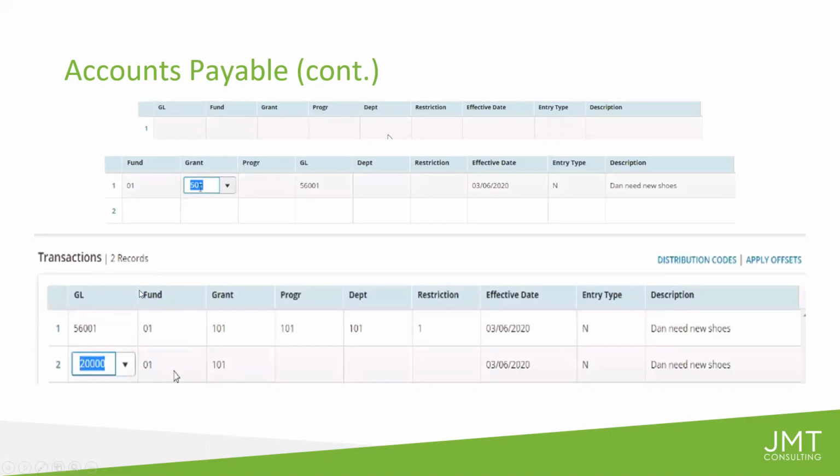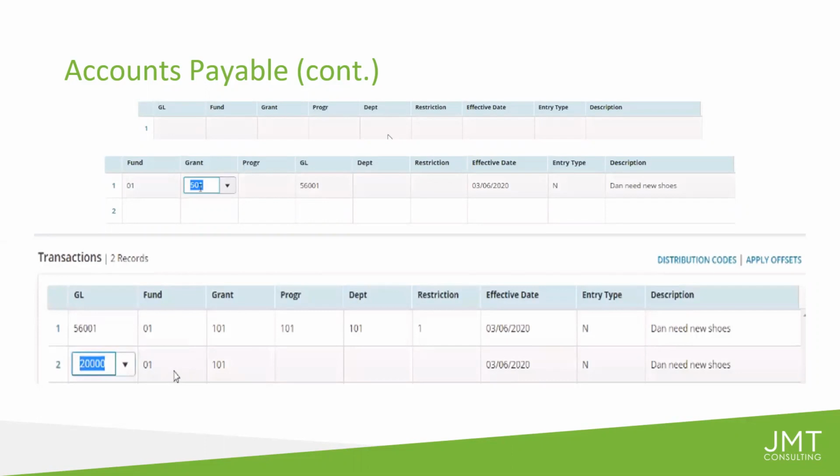Another differentiator between QuickBooks and MIP can be seen with the effective date field. And what's hidden here is that MIP is an accrual-based system and manages two separate dates. First, when was the invoice posted to the GL? That's the effective date. Second, when was the check paid to that invoice? Those are two separate dates and two separate processes. That said, it's easy to manage both within the same screen.